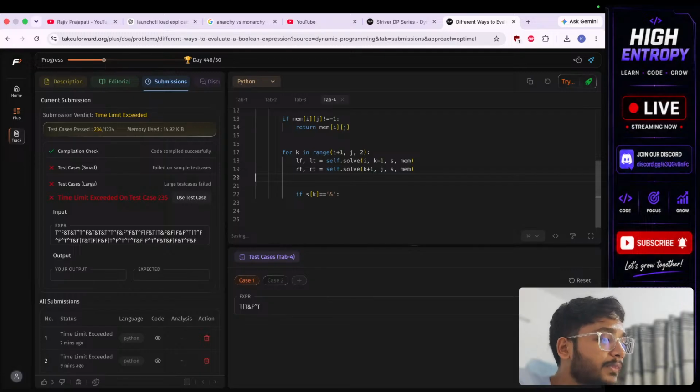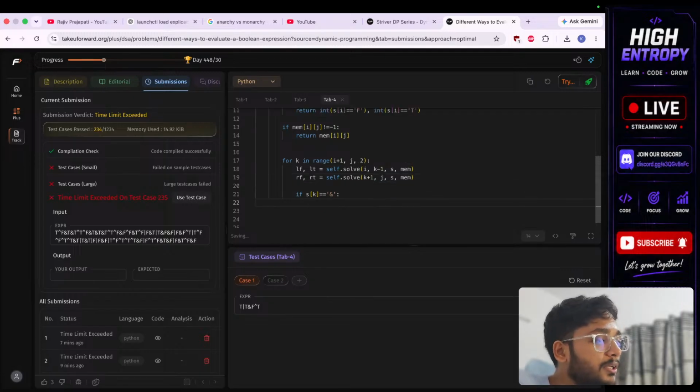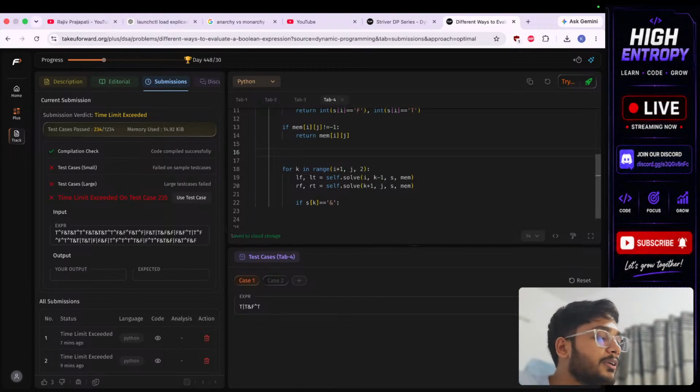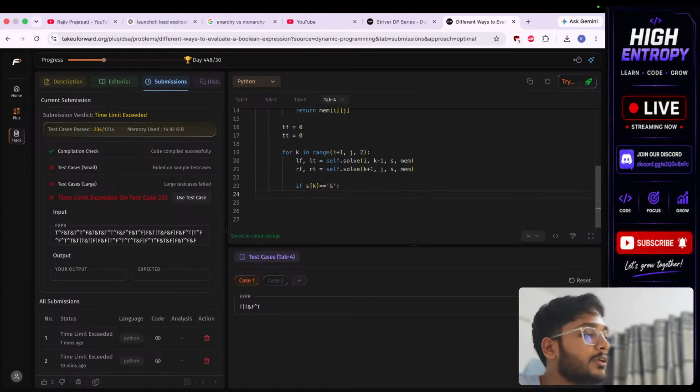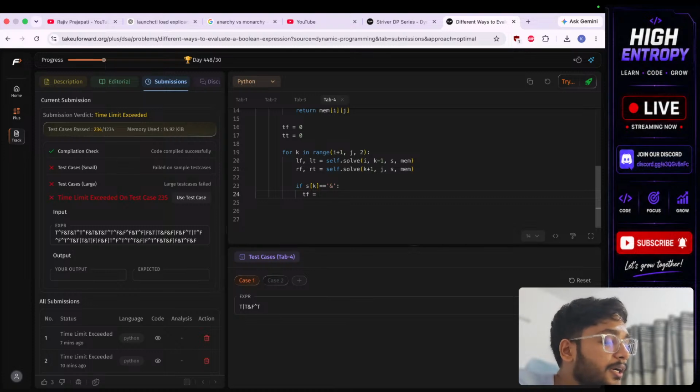Now you will say, okay, if it is and, then you are counting the total. TF equals 0 and TT equals 0. Total true, total false. Now you will set TT and TF. Total false means, what does it mean? Where left is false, right is, okay, first let's create total true. Total true is basically LT into RT,